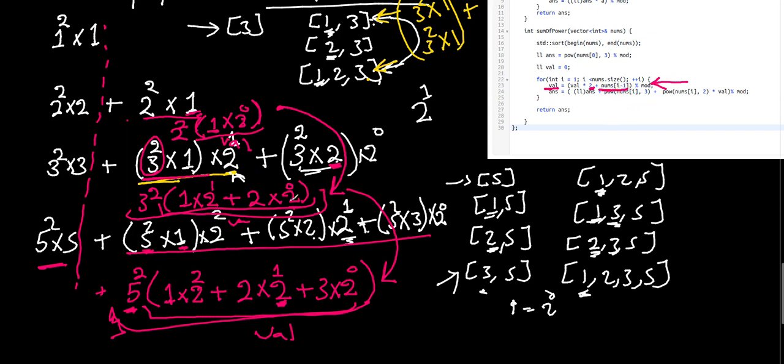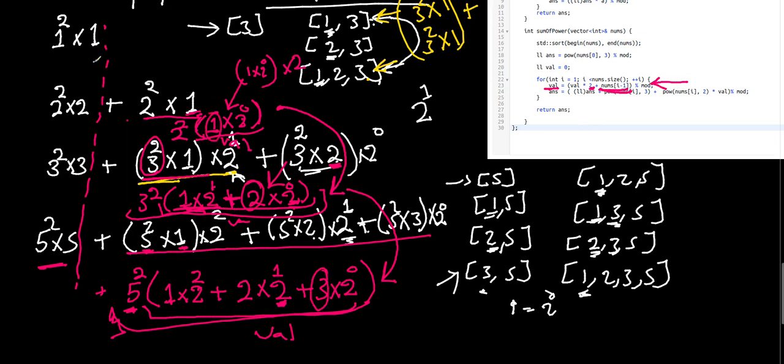So for example, this one is 1 multiplied by 2 to the power 0 multiplied by 2 gives us this value, and we add to it nums of i minus 1, and this is represented here. Since 2 to the power 0 is 1, we are just adding 2, here we add 3, and here we